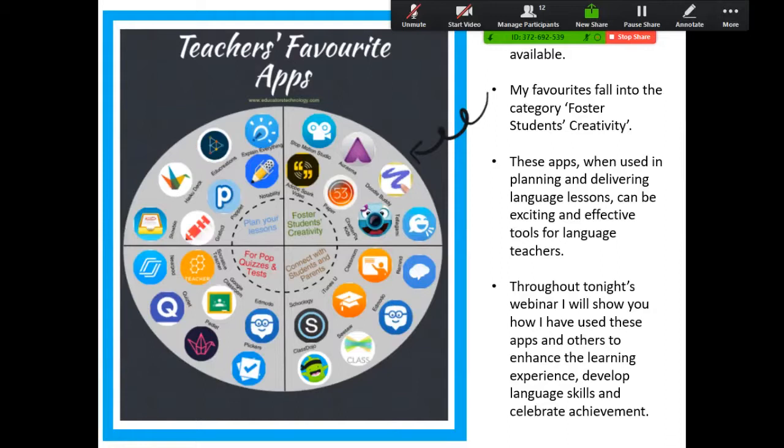A couple of weeks ago, somebody on the Facebook page, Languages in Primary Schools, shared this image here. And I found it quite interesting because a lot of the apps in the foster students' creativity category were ones that I've either been really interested in using myself, or I have used and have become quite established in my day-to-day teaching.